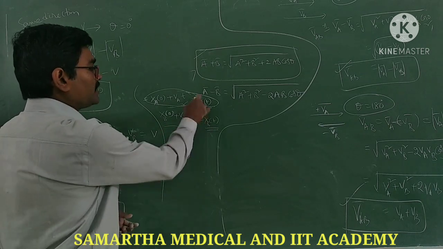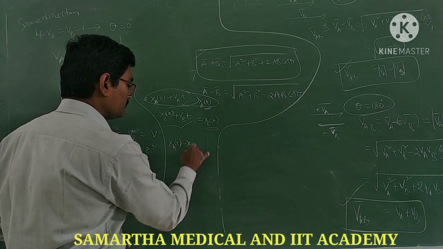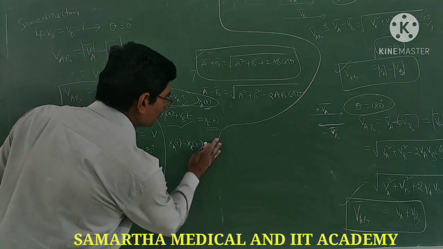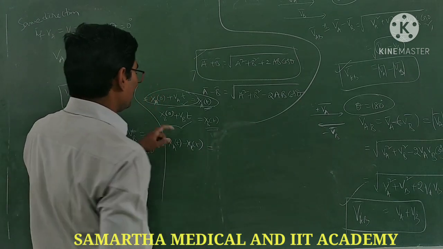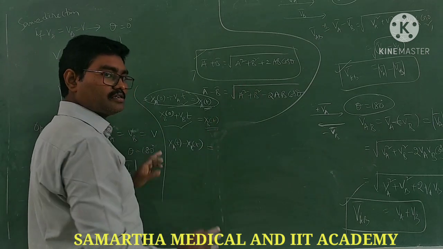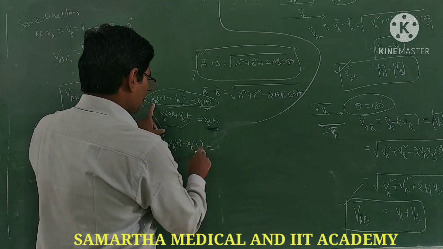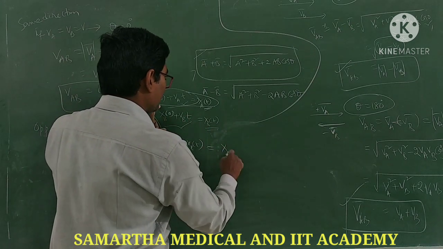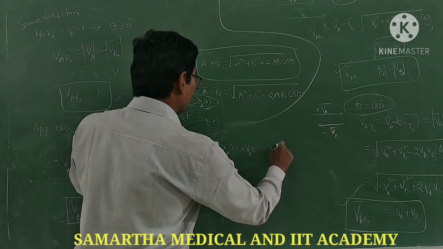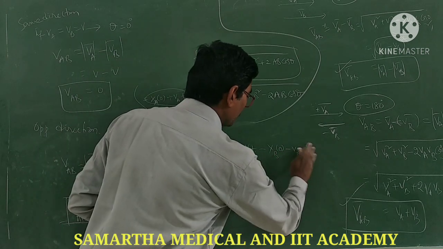So if they ask what is the change in positions, xa minus xb at time t seconds, then what we need to do? Subtract these two. What will you get? Actually we would have discussed this earlier, but this is major in relative velocity, so that's why I told you this. What is xa? xa at 0 plus Va into t, minus xb at 0 minus Vb into t.